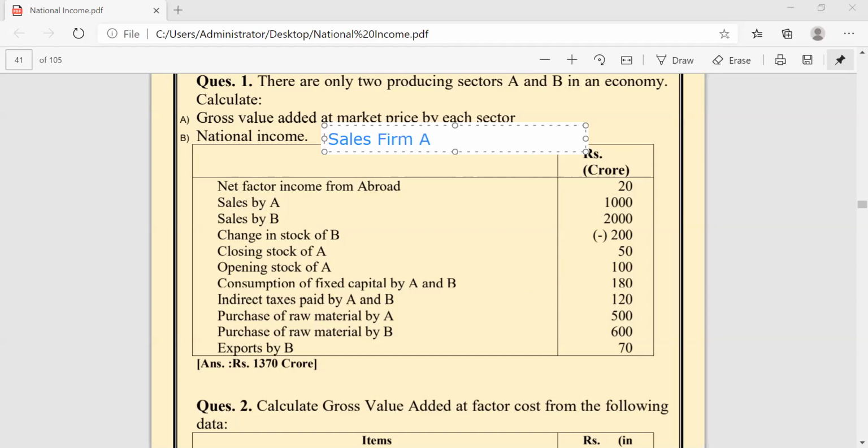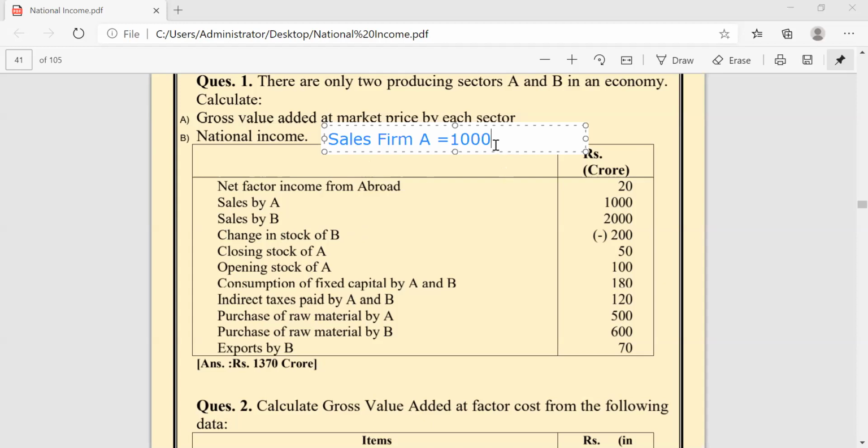What is the value of firm A sales? 1,000. Well done. And then we have to find out change in stock, because we want the value of output first. So sales of firm A is 1,000.